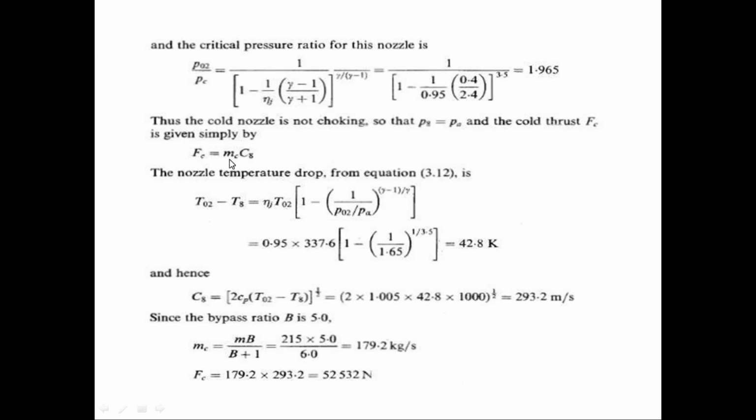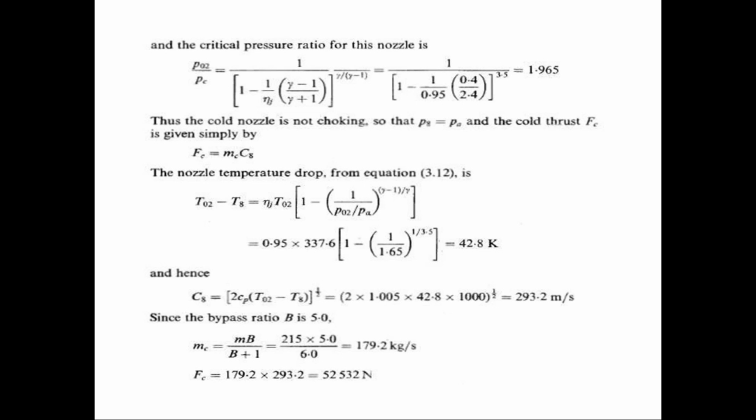Okay, mass flow rate at the cold side times the velocity of the hot air at the cold side. Okay, the nozzle temperature drop can be calculated as T02 minus